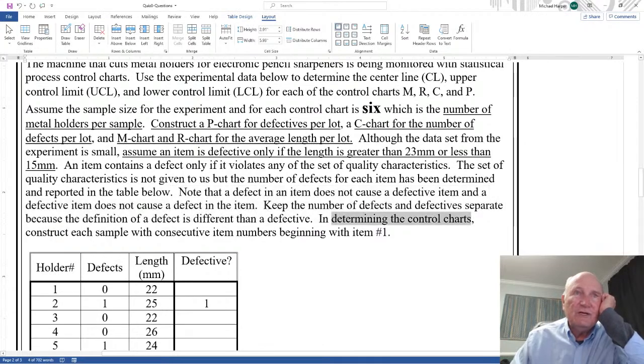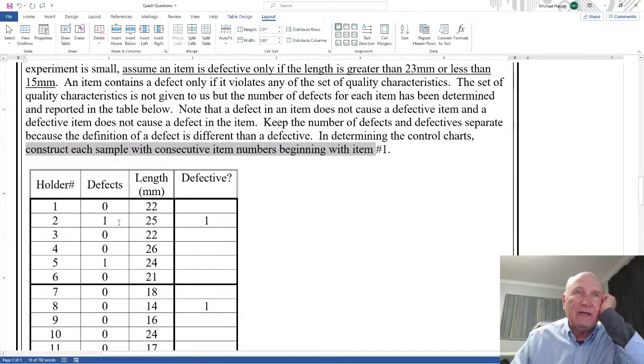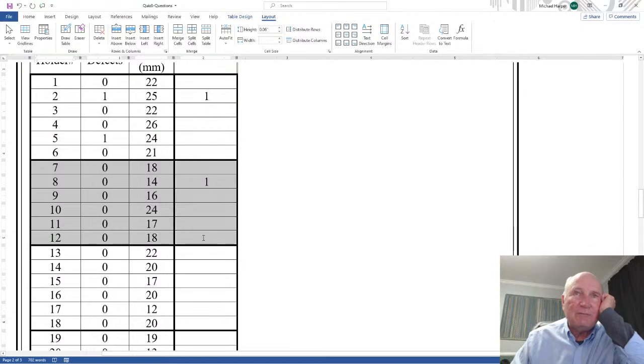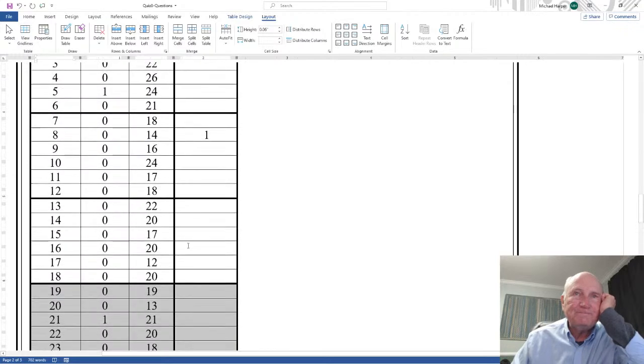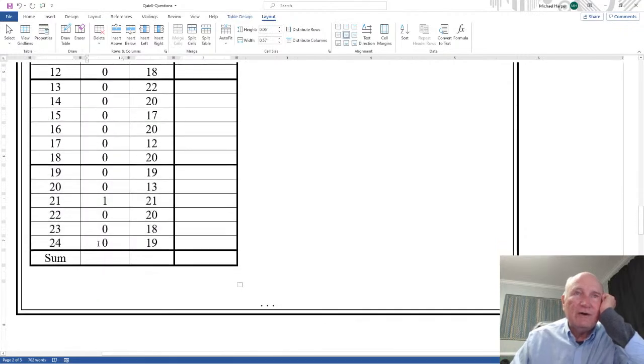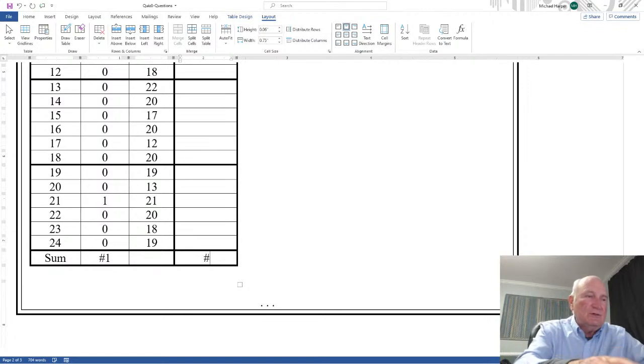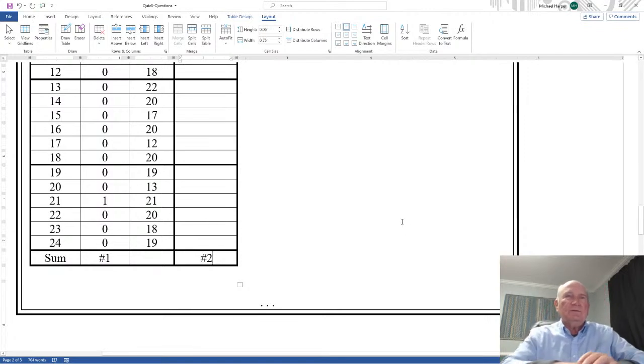In determining the control charts, construct each sample with consecutive item numbers beginning with 1. That's what I mean. 1, 2, 3, 4, 5, 6, there's sample 1. 7, 8, 9, 10, 11, 12, sample 2. There's sample 3, and there's sample 4. And here's the number of defects, and there's the number of defectives. Measure number 1, measure number 2. Anyway, and then down here,